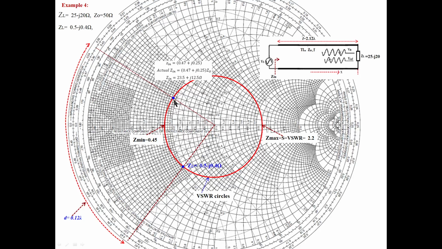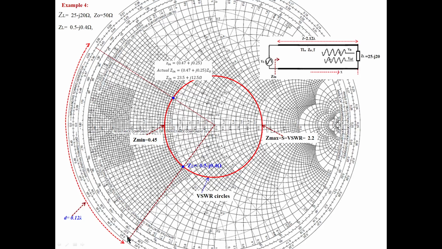It passes through the VSWR circle somewhere here. You note down the impedance at this position. That gives the input impedance. Because it is given as 2 lambda, that's the problem here. If you complete the entire circle, you will get only 0.5 lambda. But 2 lambda means you have to rotate 4 times. After completing 2 lambda, we will be at 2 lambda, but the remaining 0.12 lambda, I already told how to do that.